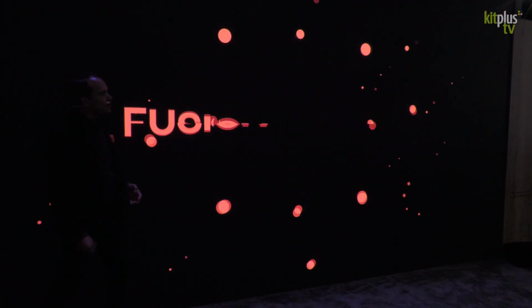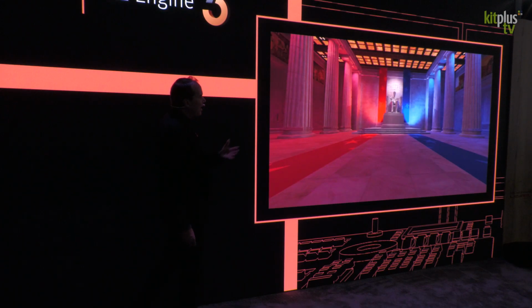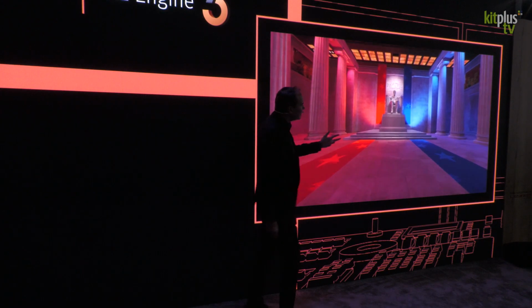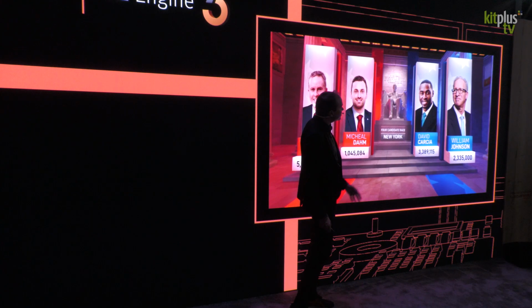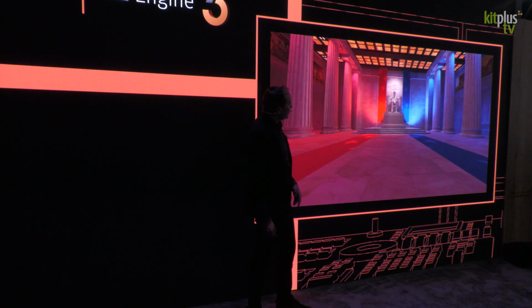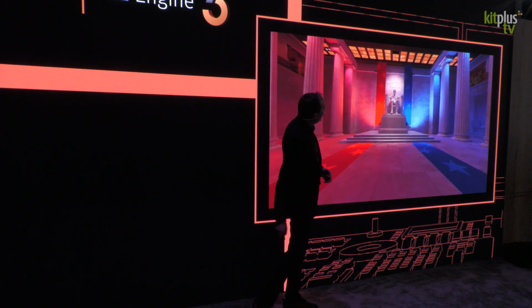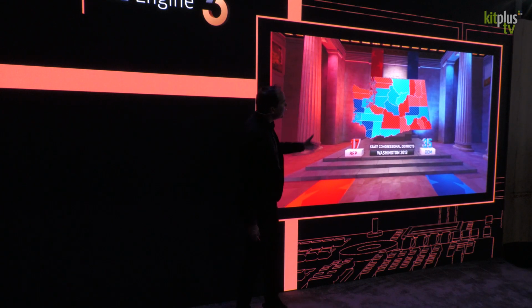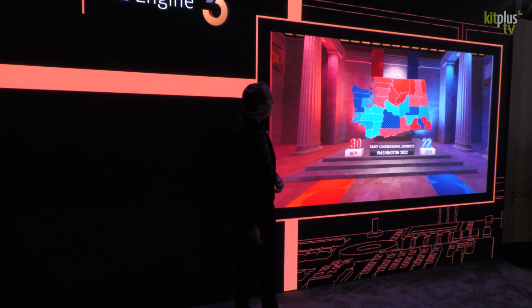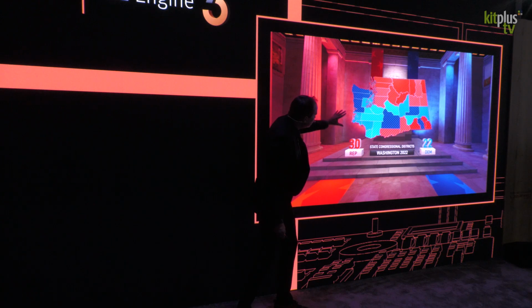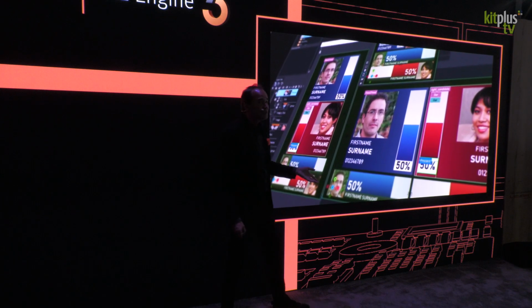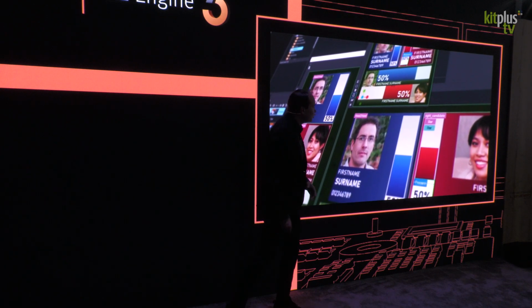So Fusion Renderer is our native renderer that we have as part of Viz Engine 5. And it allows you to create real-time photorealistic virtual sets as part of your studio. So here's a virtual set that we've created of the Lincoln Memorial. We can have live election data coming in here. This is all live lighting, reflection, shadows, and it's all done in that same design tool that you saw before